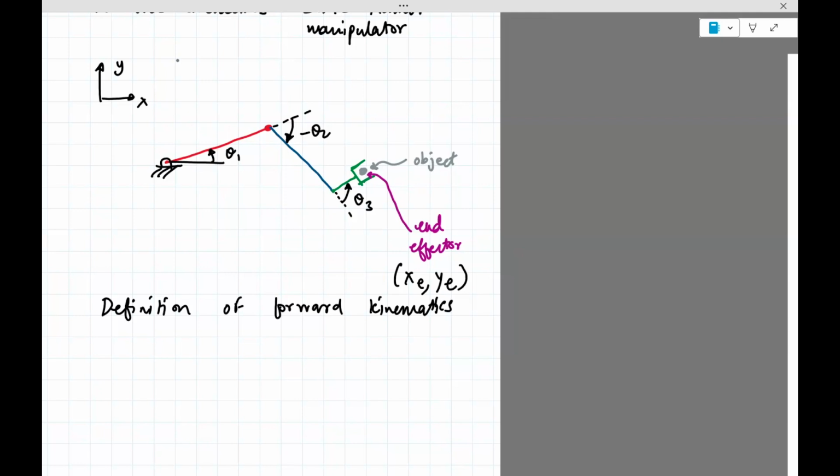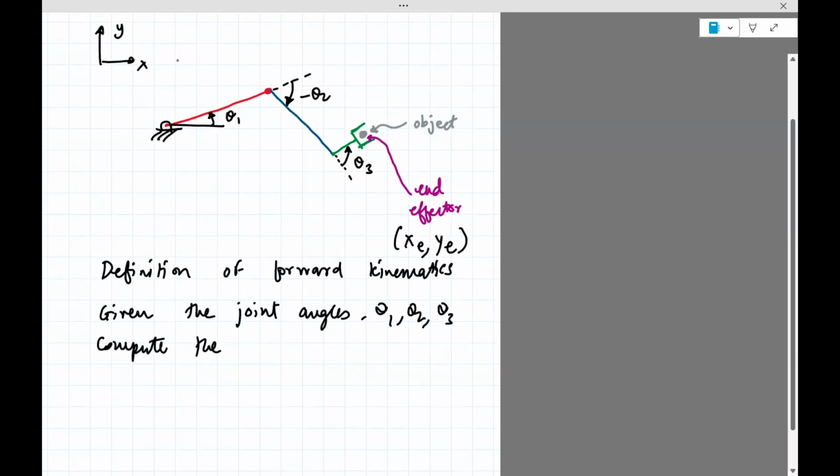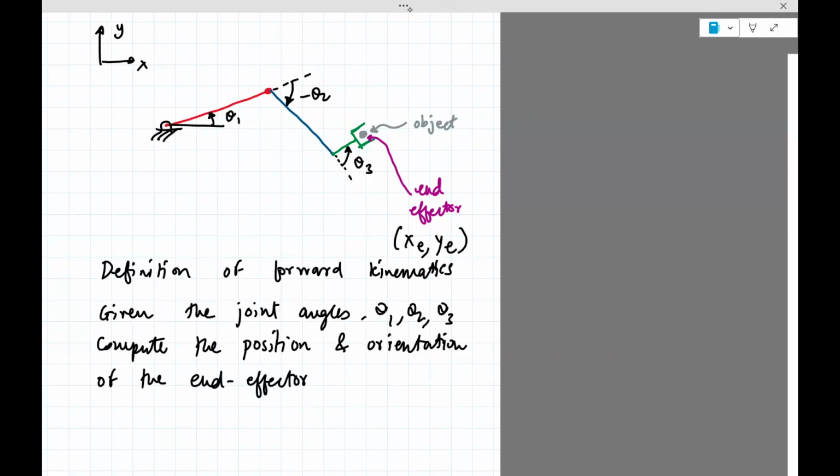Okay, so given the joint angles, that would be theta 1, theta 2, theta 3, compute the position and orientation of the end effector. In fact, you can compute the position of any point on the